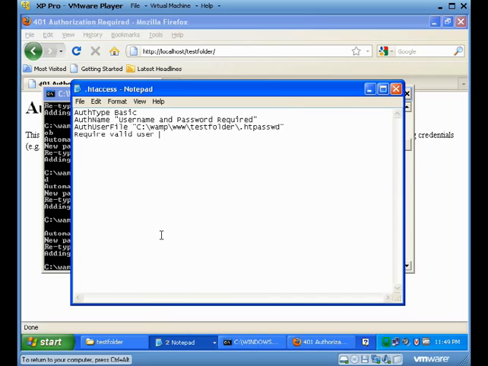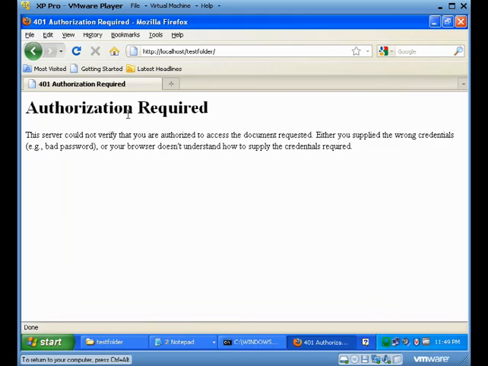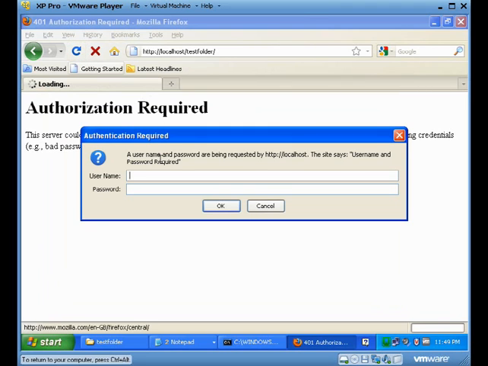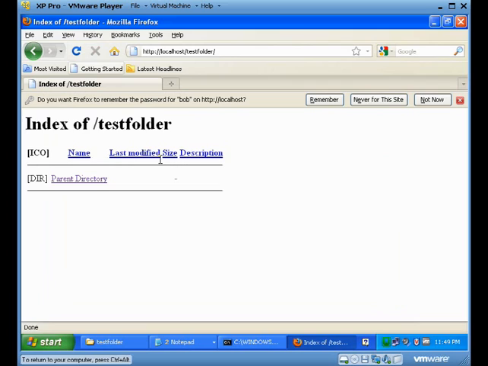Where am I? Actually, require valid user. I'm pretty sure it's valid user. Just hang on now. Yeah, okay. It needed the minus. I was going to say. Anyway,